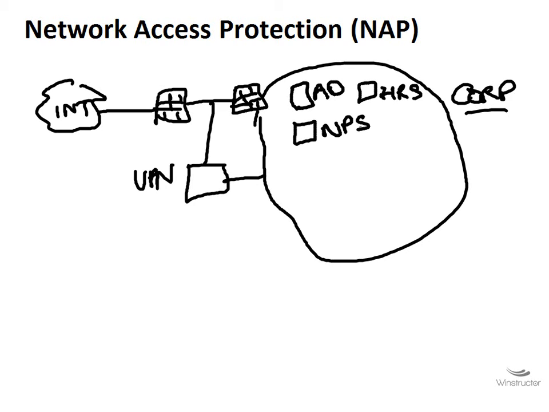Now, when a user wants to log on to our corporate network here, they'll be scrutinized by a service called a NAP enforcement point. Now, this NAP enforcement point can be one of several different types. So users will attempt to gain access to our network either from outside the network, over the internet, using something like our VPN connection here. That's one type of NAP enforcement point, a VPN server. Maybe they're connecting using a wireless connection, or maybe they're hardwired to our network, and they're connecting using a typical Ethernet connection that supports IEEE